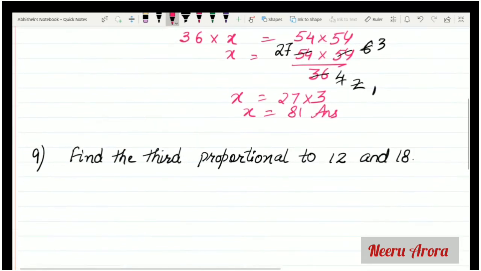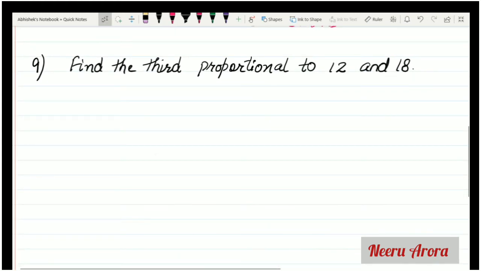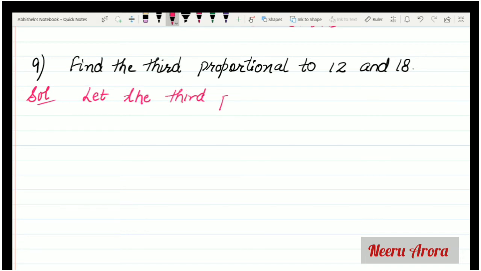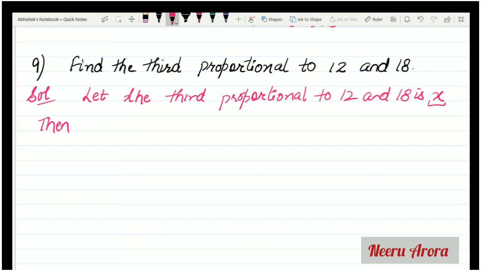Now look at the ninth question. Find the third proportional to 12 and 18. So let the third proportional to 12 and 18 be x. Let it be x. Then this third proportional will be, we have done right now,